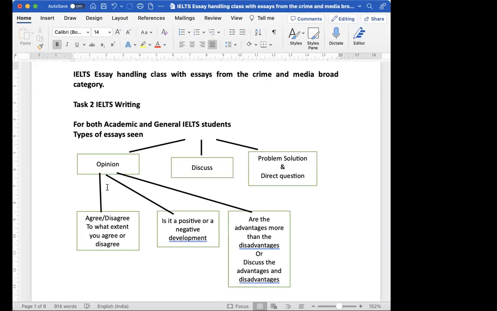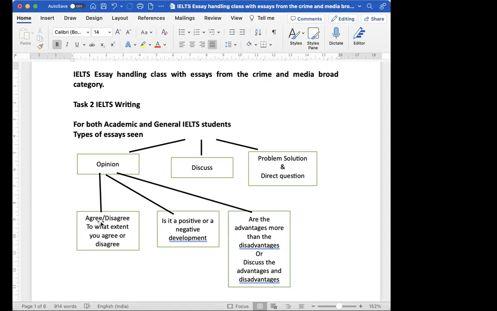opinion essay can be further asked in 3 ways. Okay. The first way an opinion can be asked. What is the meaning of opinion? It means your viewpoint. Okay. So that they can ask by asking you whether you agree or disagree. And sometimes it is written, to what extent do you agree or disagree. Believe me, there is no difference in handling of these two. Actually, do you agree or disagree, and to what extent do you agree or disagree mean absolutely the same. It is just a way of asking.